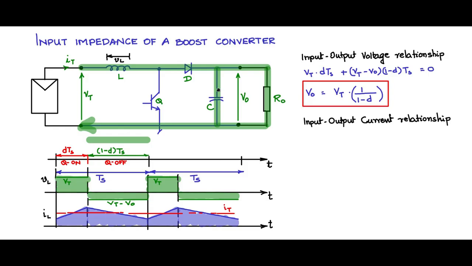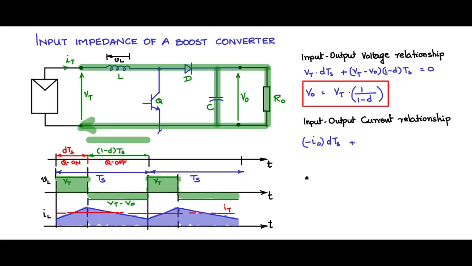During the time when Q is on, during dTs, the diode was off and the capacitor was discharging. If I say the positive direction of current is flowing into the capacitor to charge it up, the discharging current is negative, with value I naught. So minus I naught into dTs is the capacitor discharging,